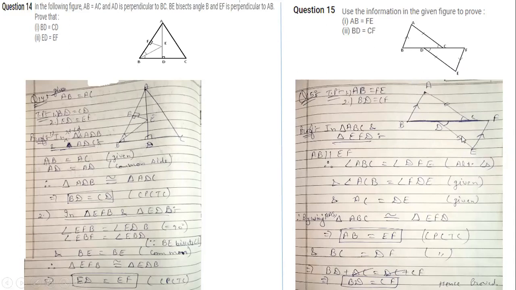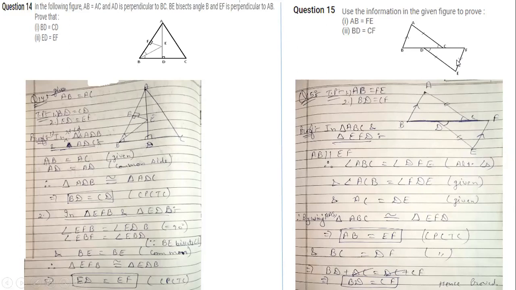And if these two sides are parallel, this BF is the transversal. So angle ABC is equal to angle DFE. Because these two lines are parallel, these two angles are equal. The reason behind that equality is that these are alternate angles. It is also given to us that angle ACB is equal to angle FDE. See beta, don't write here that these two are alternate angles. These are equal because it is given in the figure.